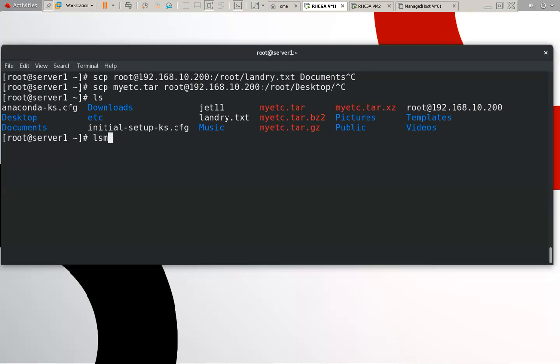Suppose we have a folder. cp /etc my data -rvf.